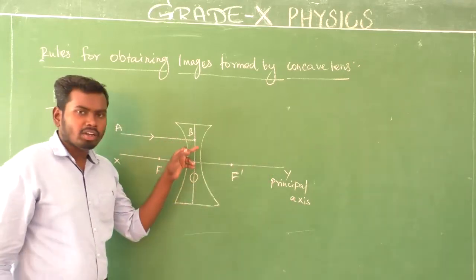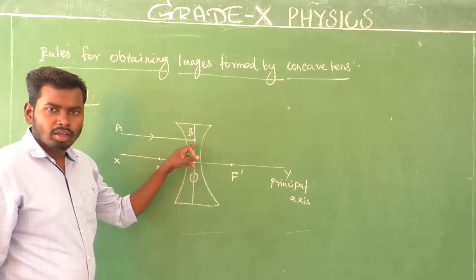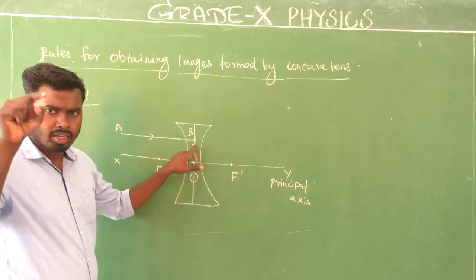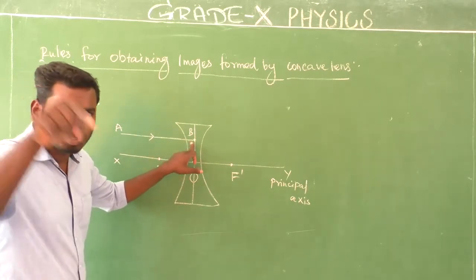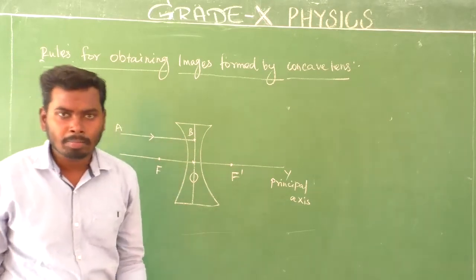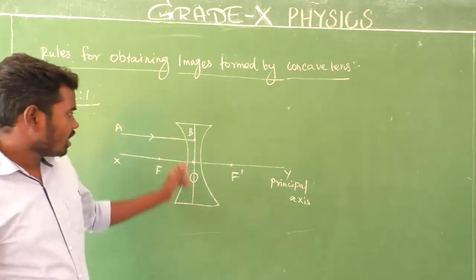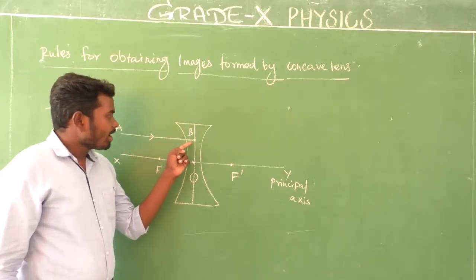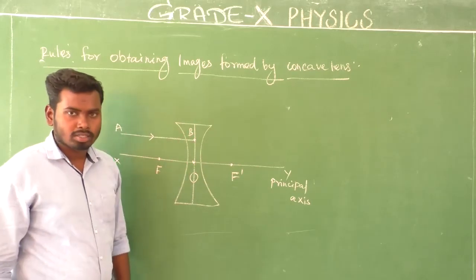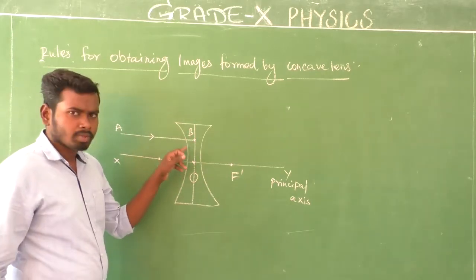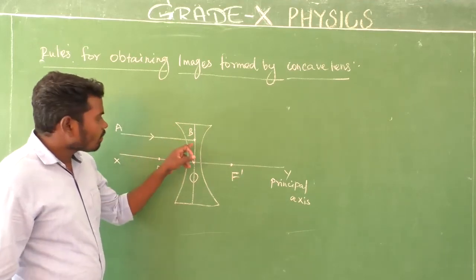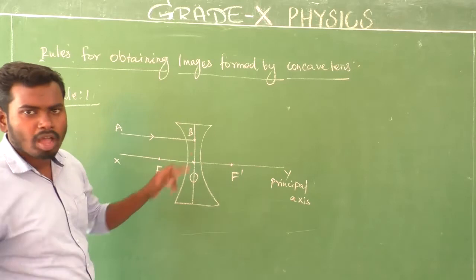Here this ray of light falls on the surface of the concave lens. Alright, what is the next move? It has to enter into the concave lens, because the concave lens is made up of a transparent medium. Is it clear? Yes. Consider here the ray of light which falls inside the concave lens. You may ask me, sir, this is the surface. Alright, so this is the surface of the concave lens. So why the ray of light which falls inside the concave lens?